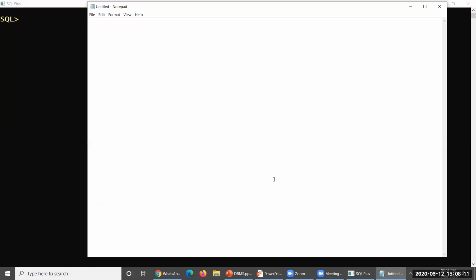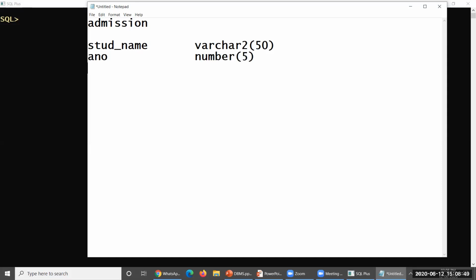The table name is admission, and the columns are student name, with data type varchar2 of 50 or so, and then admission number, which is a number. This is one particular structure I would like to create here.